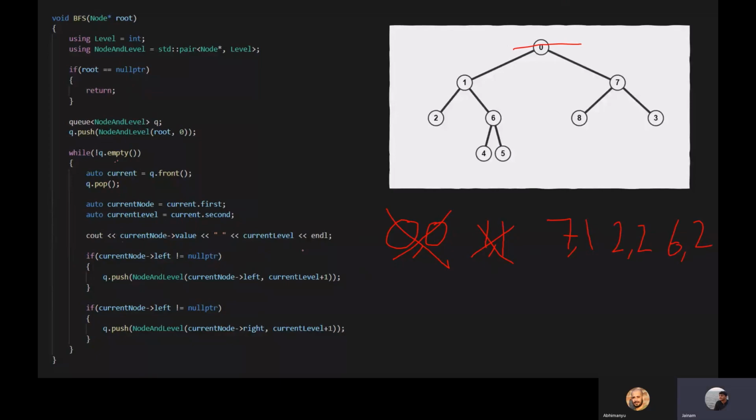We'll print 7, 1 and we'll push its left and right child. 7's left child is 8. We will push that with level 2 in Q, 8, 2. And we also have 9, 2. And we'll follow this procedure until the Q is empty. Now, you can see here that the level order traversal of our tree is as expected.